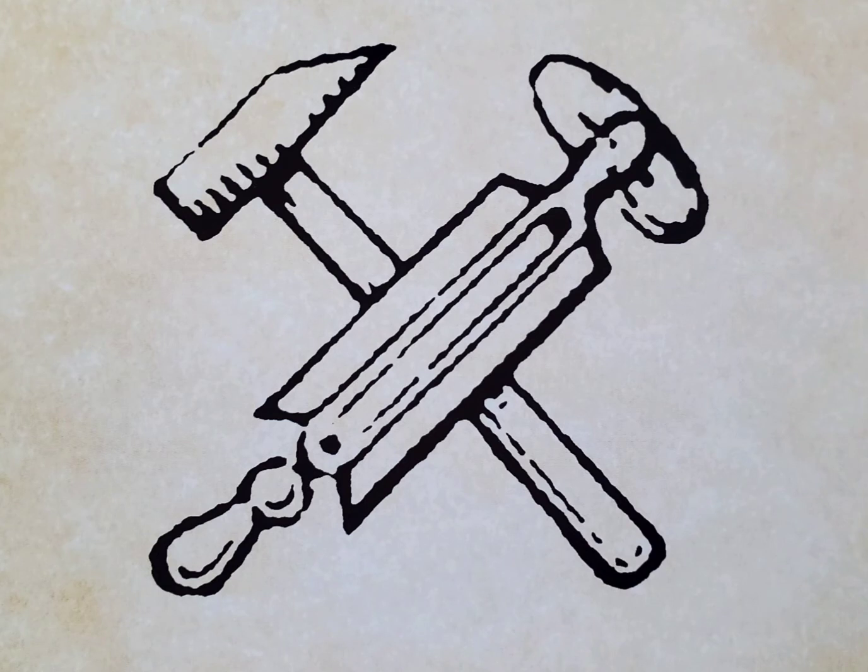Gavel and chisel. These tools are used to shape stone, or in symbolic terms, exert the will of the mason over the materials. So the gavel and chisel are associated with conscience and the repeated effort and application of the active will. The gavel is a double-headed hammer that hits the chisel. The relationship between the active gavel and the passive chisel, which is directed by the force of the gavel, is